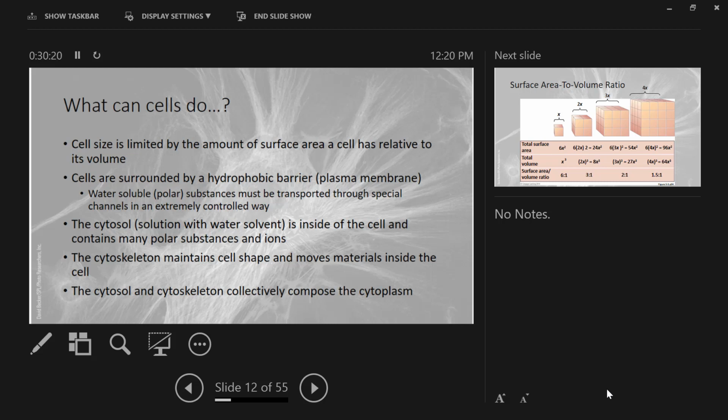Any questions about this? What can cells do to maintain proper movement of materials? Do you have a question on something else, Levi? No, just the cytoskeleton. Those are made up of proteins. It's one of the functions of our protein biomolecules to make up the cytoskeleton. So the cytoplasm is the material that's made up of a liquid and solid protein. And then the cytosol is the liquid. Yes, the cytosol is the liquid component. And then the cytoskeleton's the solid component within it.